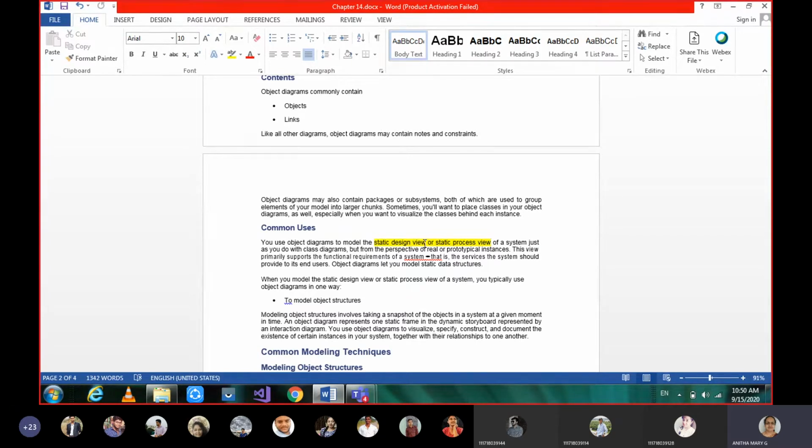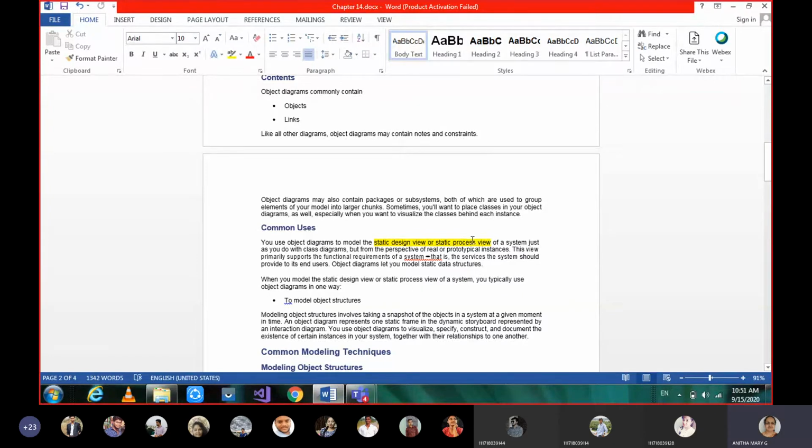Whereas dynamic, its value may change. Value means its form may change. Maybe initially the state of that object will be idle, later it will be in the running state, later in the execution state, later in the deployment state. So like that its value may change before it is destroyed. That we capture in the dynamic view.